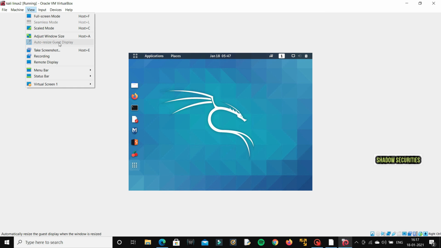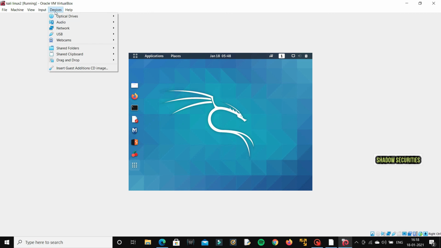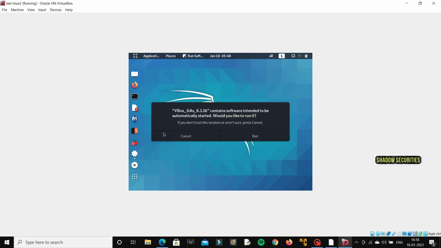It's not activated, so I'll go to devices and this last option, insert. So after clicking that option, I'll get this.